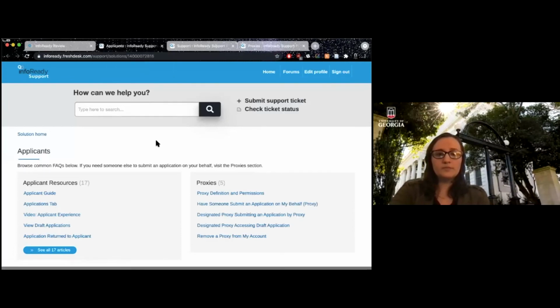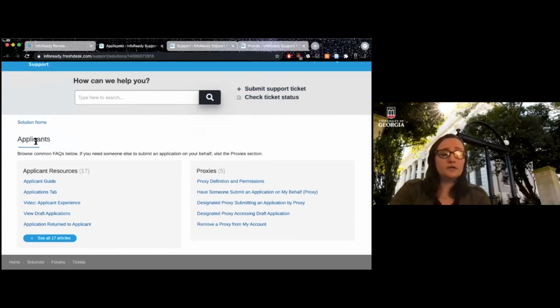And so from this page, you can submit a support ticket to InfoReady. And you can also access all of the resources they have available. The proxies section right here will answer most of your questions about setting up a proxy, what the system looks like on behalf of the proxy themselves, how to submit it, how to remove them. And then the resources themselves